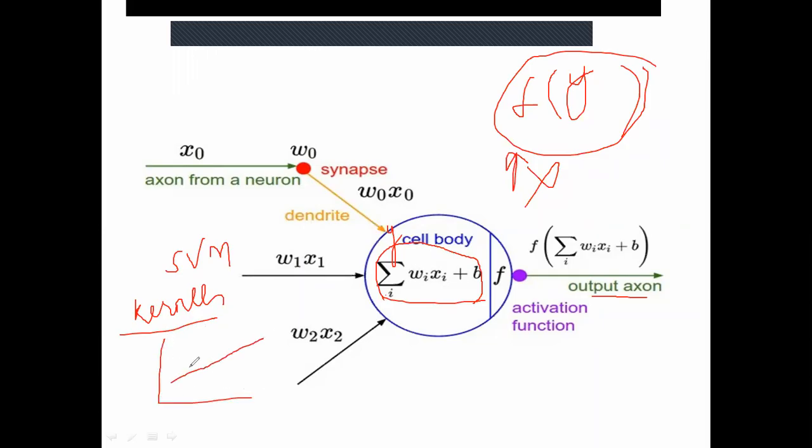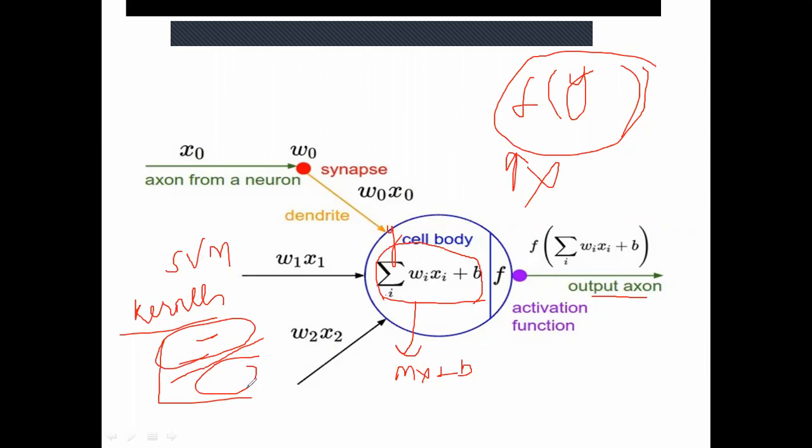Suppose your data is like this. That means one class data set is coming over here, another one is coming over here. That means just one line can be used in order to separate this data. So here also, this line is just representing your linear model. This is just like mx plus b, the line equation actually. If you're just using this, then it can be used to classify your linear data set. But if your data set is very complex, if there is no linearity, then you can't simply use this thing to classify your data set.